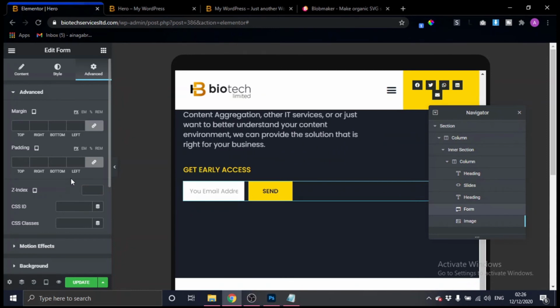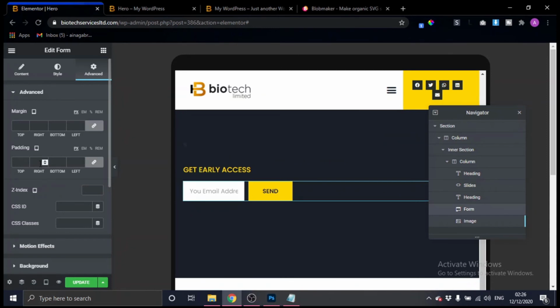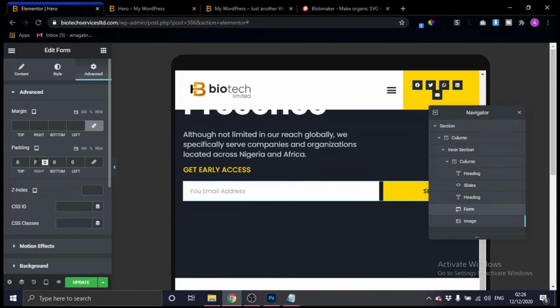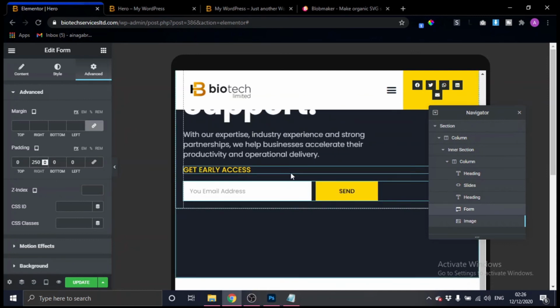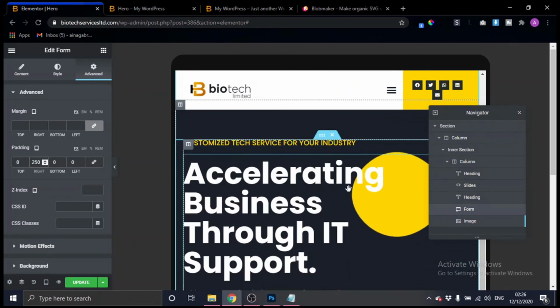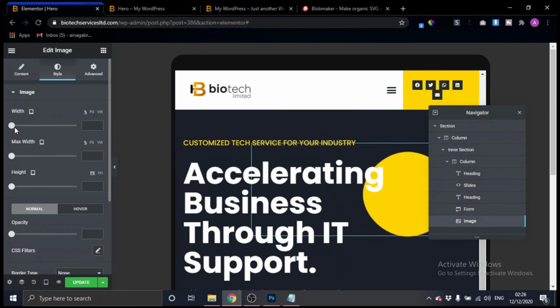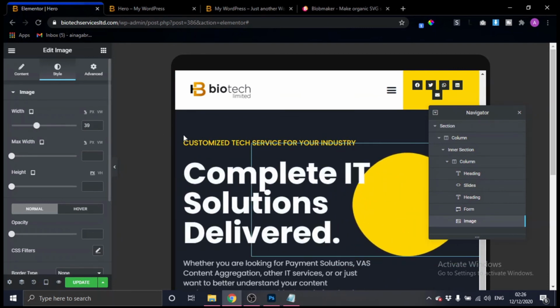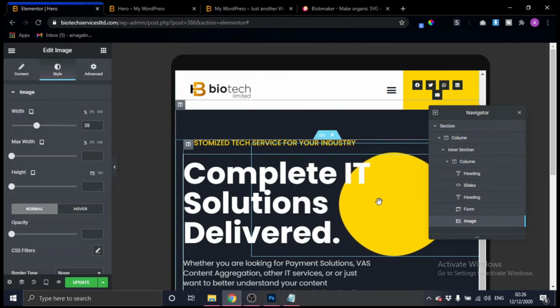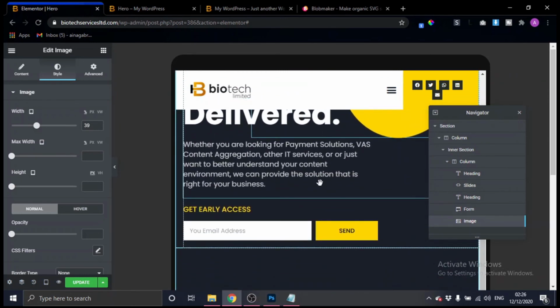Let's give it a 250 right padding. All right, this looks good. This image, this block, let's increase it a bit. Yeah, about that. I think it's cool this way.